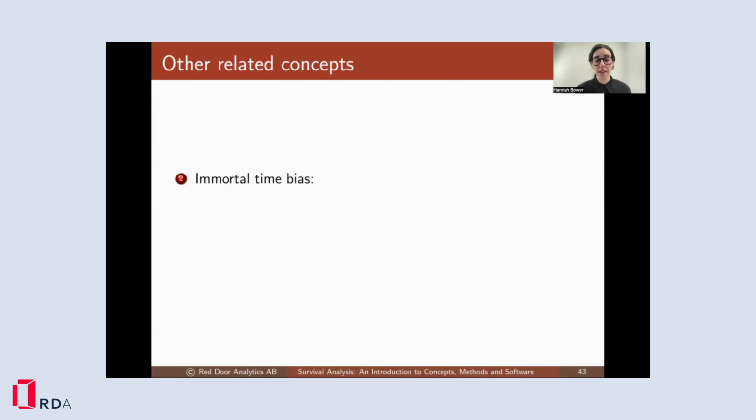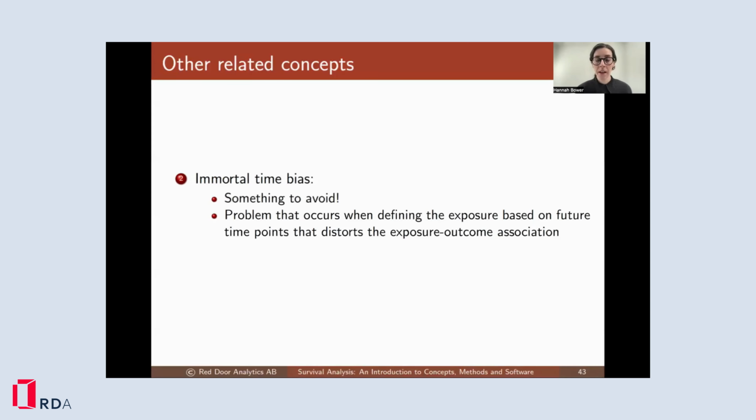Another related concept is immortal time bias. This is definitely something that you should avoid and be aware of. It is a problem that occurs when defining the exposure based on future time points that can distort the exposure-outcome association. So for example, if you're interested in comparing two different treatments, and at the time of study start, you